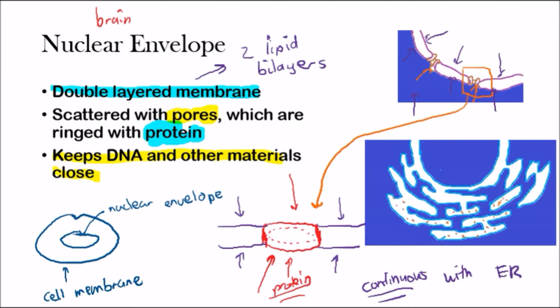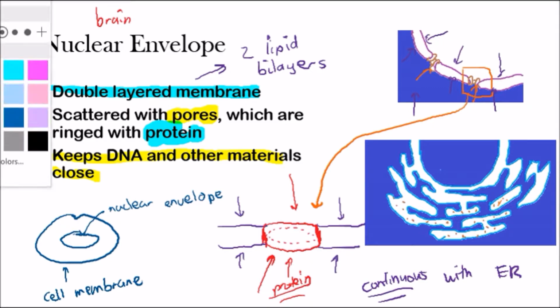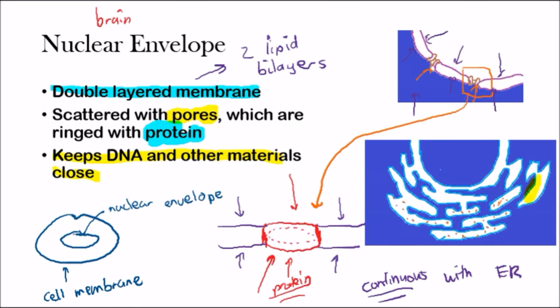So if you look at this diagram here, this is a snippet of a cell too. Here we have the ER, the endoplasmic reticulum, and you can see we have the smooth ER without the ribosomes, and the rough ER with the ribosomes. And then here we have the nuclear membrane. Now the interesting thing is that there's nothing separating the nuclear membrane from the